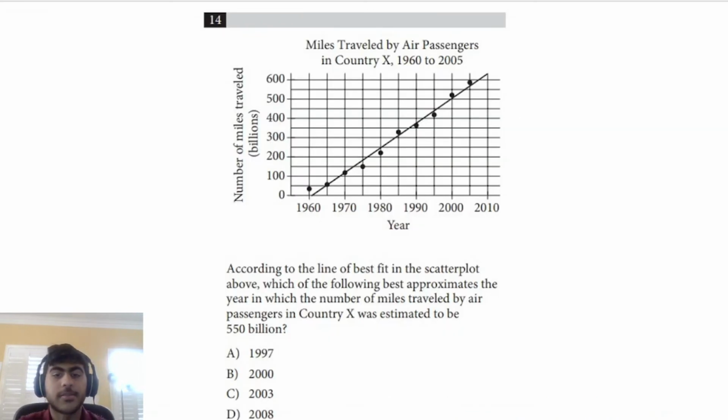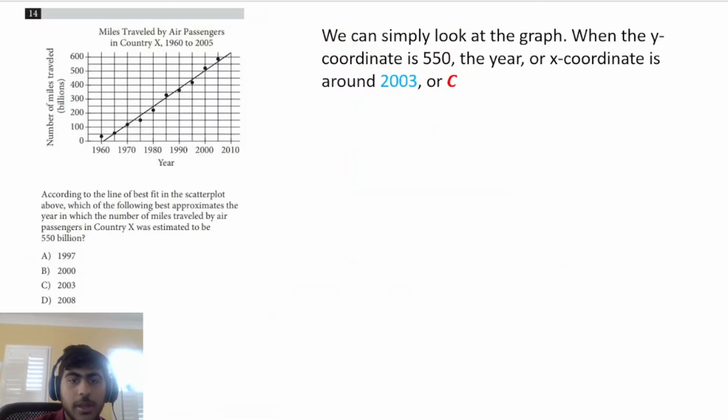Question 14. We're given a graph of miles traveled by air passengers in country X for several different years. And we're told that according to the line of best fit in the scatterplot above, which of the following best approximates the year in which the number of miles traveled by air passengers in country X was estimated to be 550 billion. Well, here we can just take 550 billion, right, which is this line,